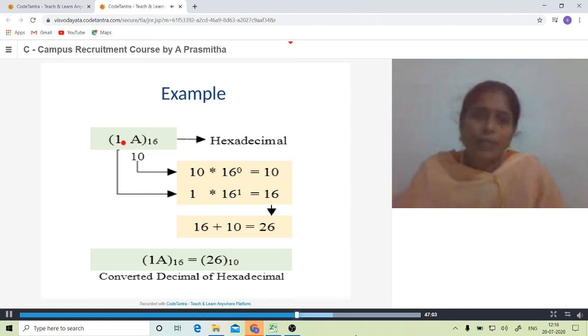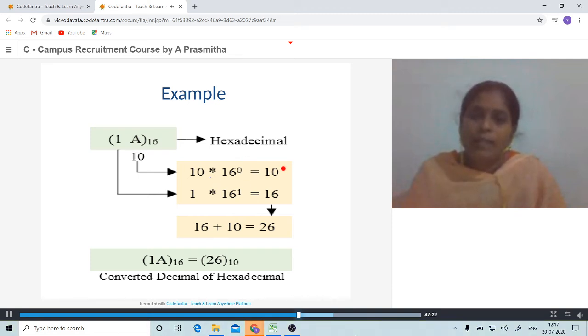So what we are doing? First we are taking the input as a hexadecimal string. After that each digit is converted into a number. After that these numbers are multiplied with 16 to the power of the place.